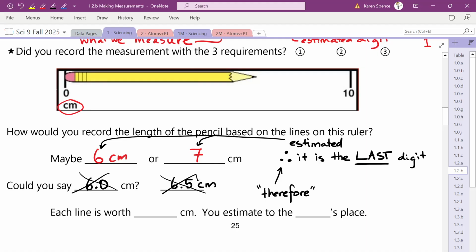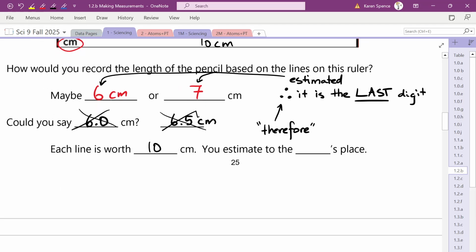You can either remember that your uncertain digit, you have to stop there, or there's another way to look at it. In this particular case, each line, the distance between lines, is 10 centimeters. So each line is worth 10 centimeters. So we are going to estimate one more position than that. And by position,